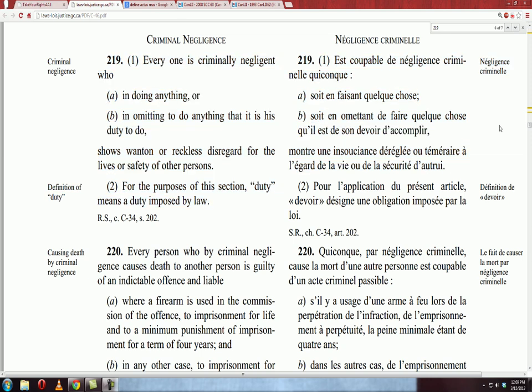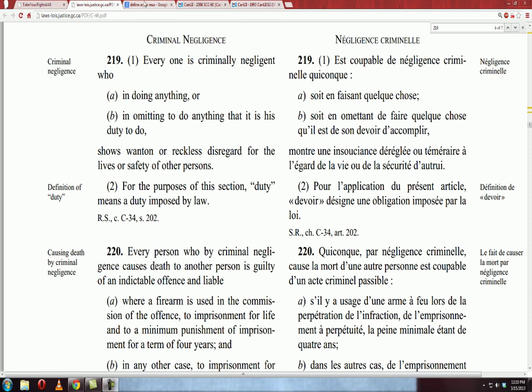So I'm going to explain what civil negligence is. The easiest way for me to do this, though, will be in the process of explaining and defining criminal negligence, because they're like yin and yang. One is in one court and the other is in the other court, be it criminal or civil. So at this point, I'm going to go to the case law.